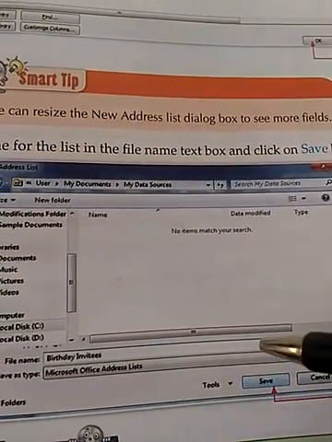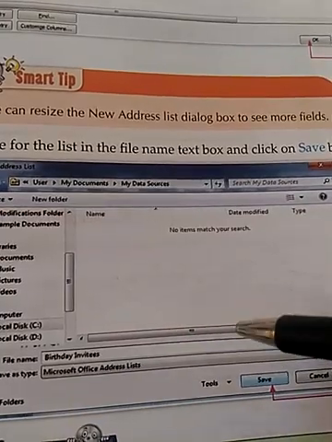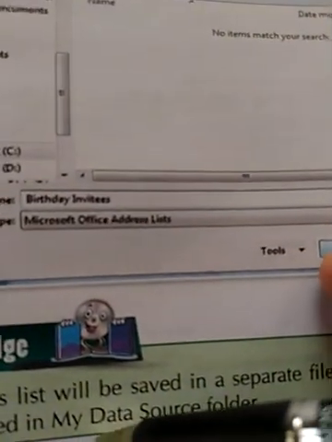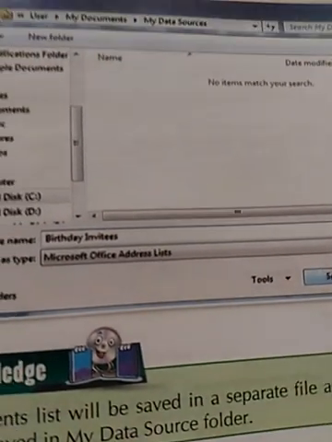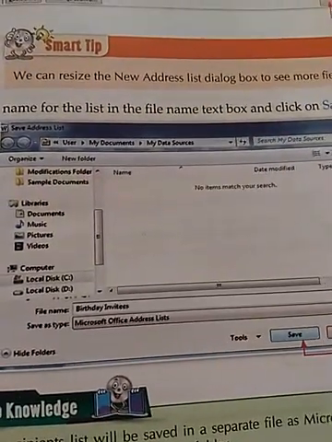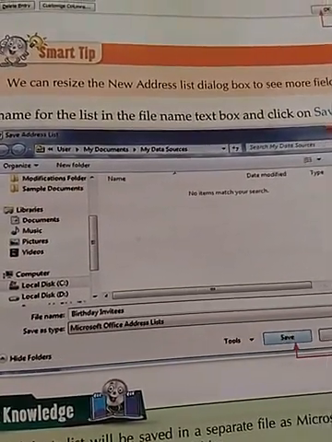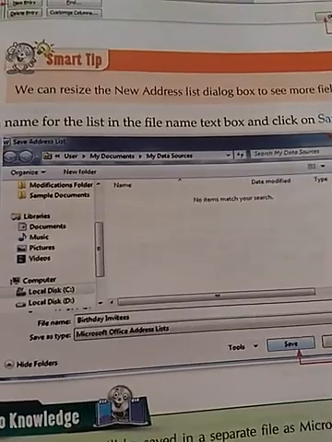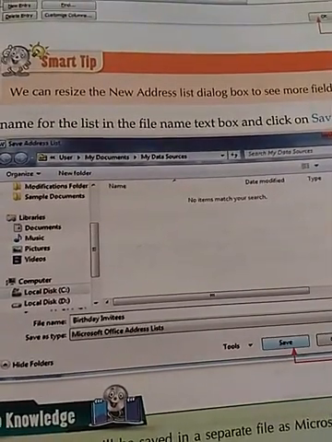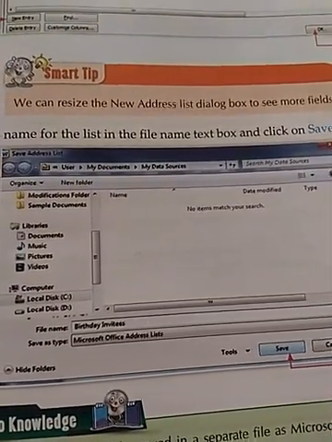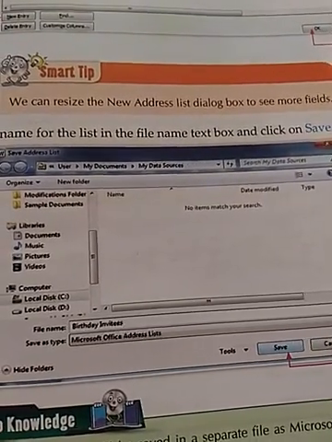By default data gets saved in the My Data Sources folder, and the file which is created by Word is an MS Access file, in which your data source gets saved.